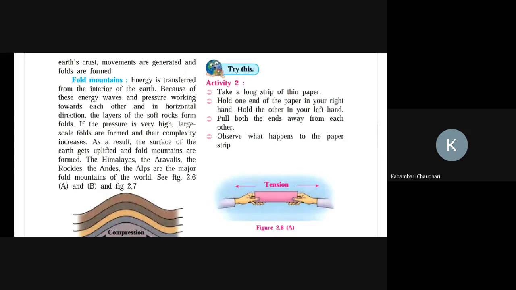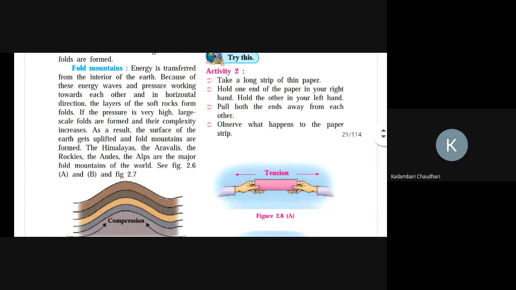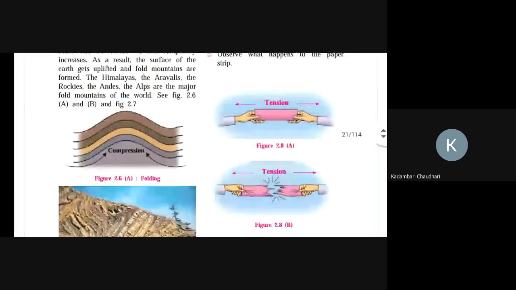continuous movement of the lava is happening inside the earth's interior. Because of this energy, energy waves and pressure work towards each other in a horizontal direction, and the layers of the soft rocks form folds. Now see here,